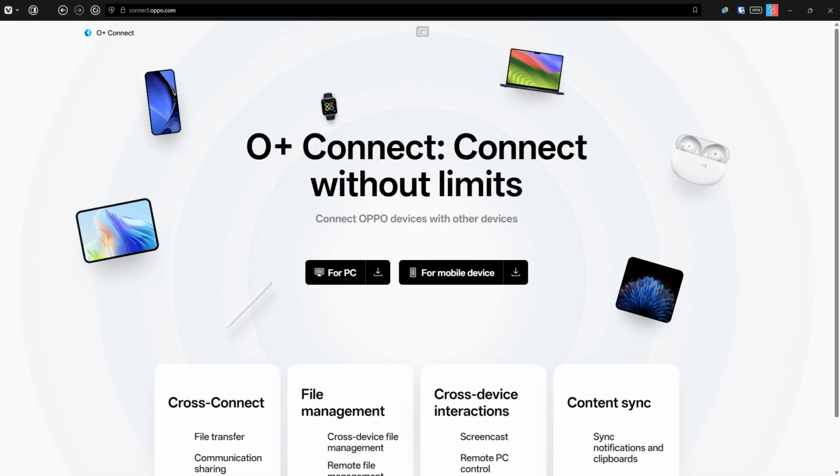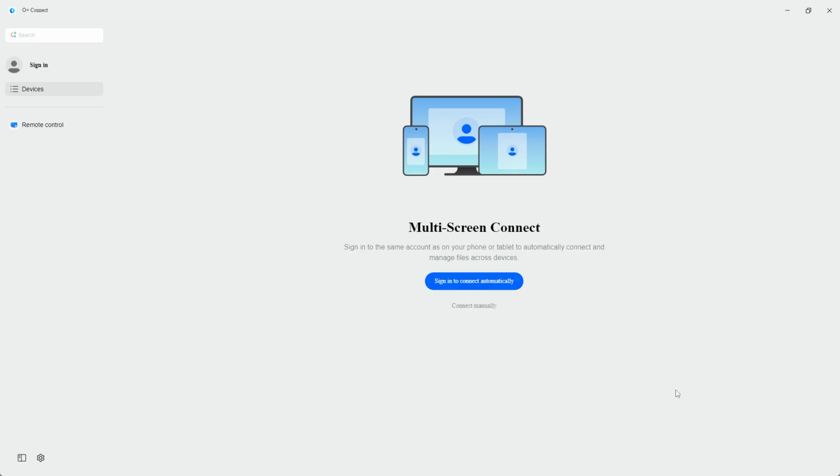So on your computer you want to go to connect.oppo.com. You should be able to find these two download options. So of course you want to download the app for Windows or for Mac OS, depending which operating system you use. Once you install the app, you should see something like this,